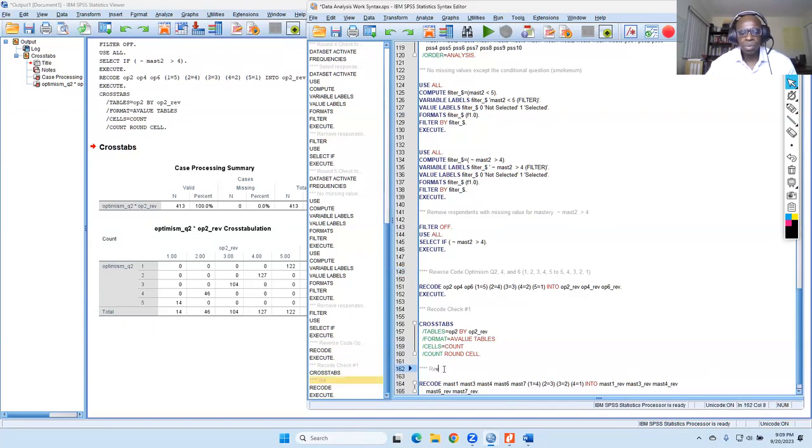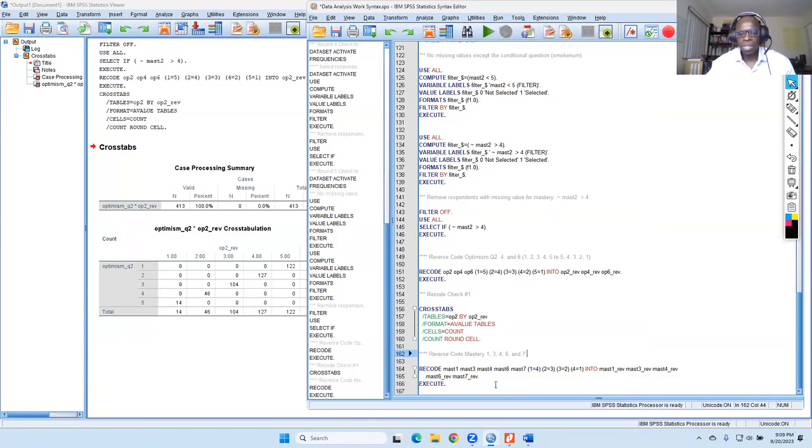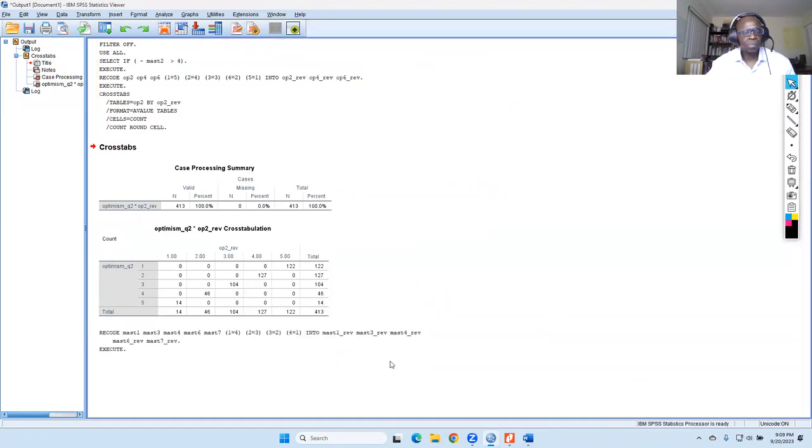And this should be reverse code mastery 1, 3, 4, 6, and 7. And then we can see what it is here. We're going to highlight it and run it. And then we're going to do the check.